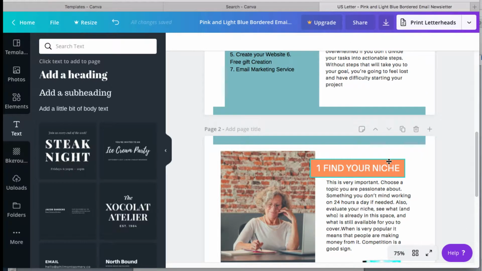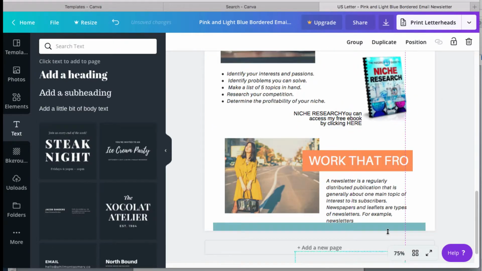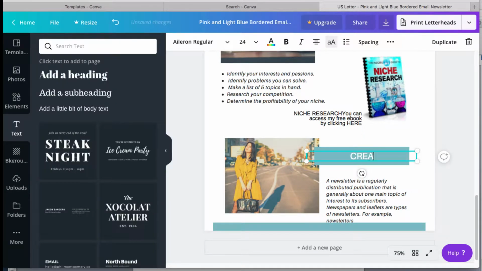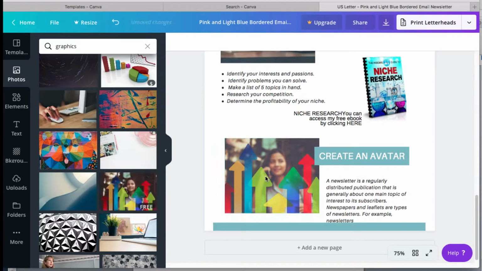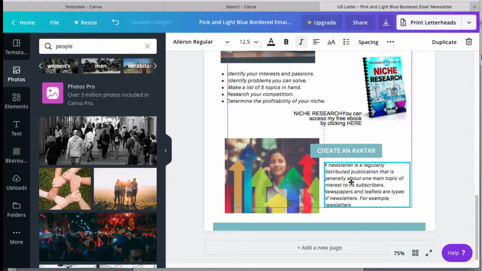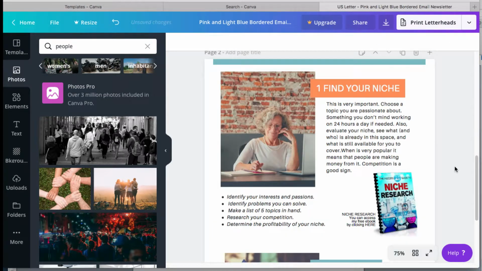Here I'm copying again everything, the text and the background, which you can group. I didn't do it. And go for another chapter inside this chapter of find a niche, and that is create an avatar. So it cannot be the same color or the same size, so I'm going to change it. Now I'm looking for an avatar, going for pictures again, as smaller. I'm going to put the text, and